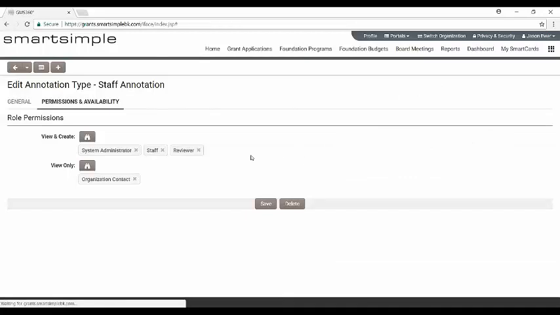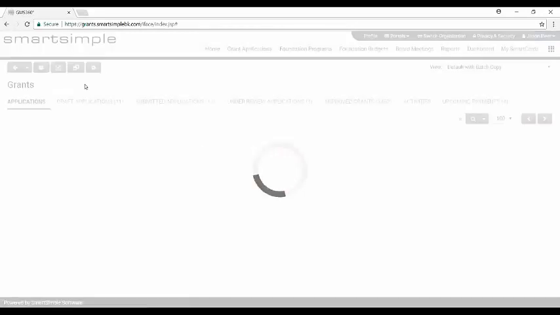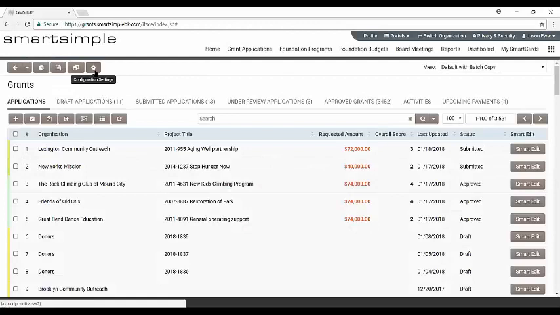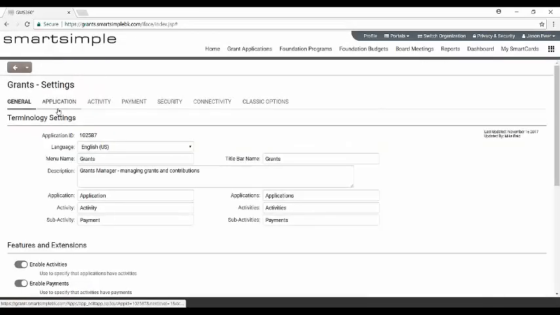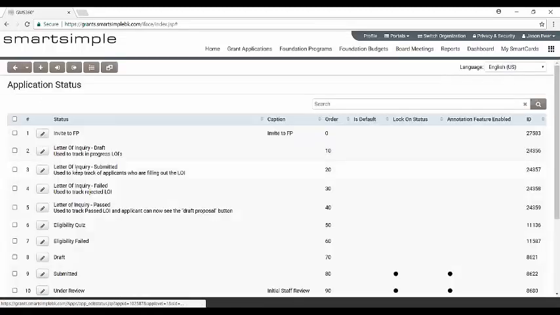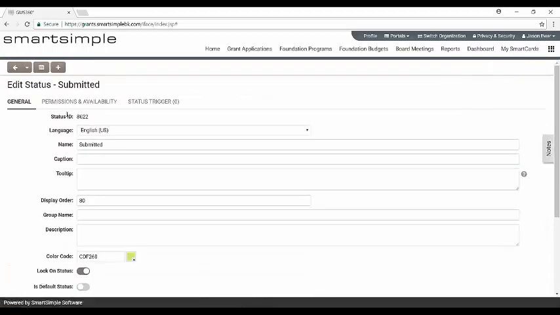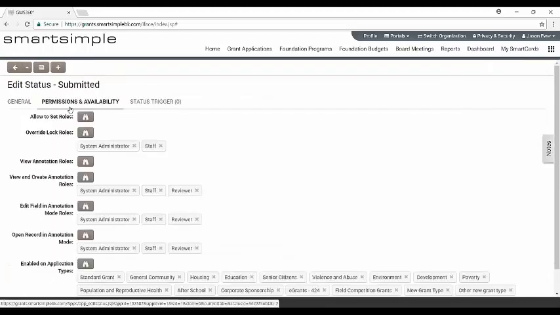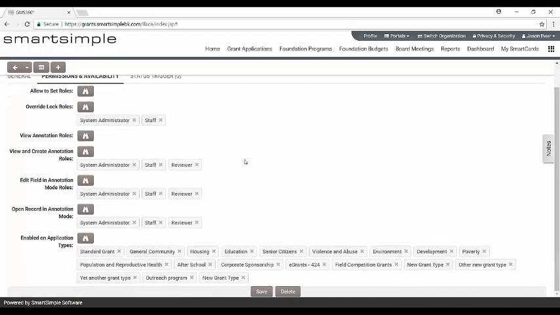grants UTA. You'd go to configuration settings and look at the particular status. So we're going to go to application and statuses. If you remember, Stefan's application was submitted, so it would be in the submitted status. So we go to edit that, and then we look at the permission and availability tab. If I scroll down here, so you can see better,